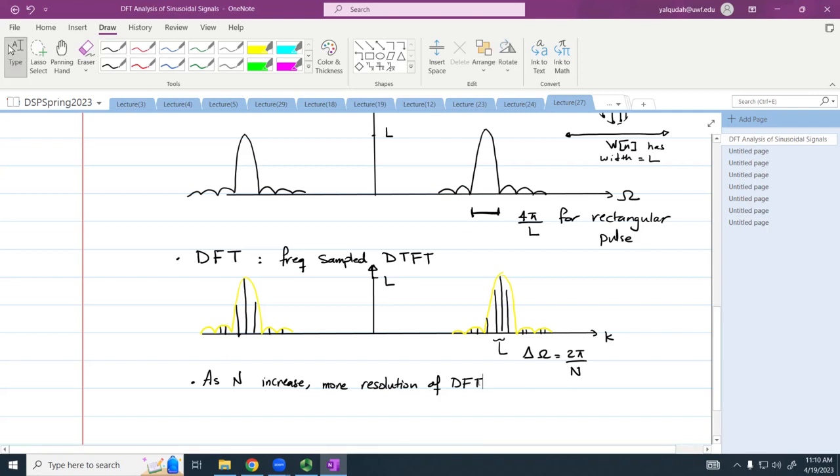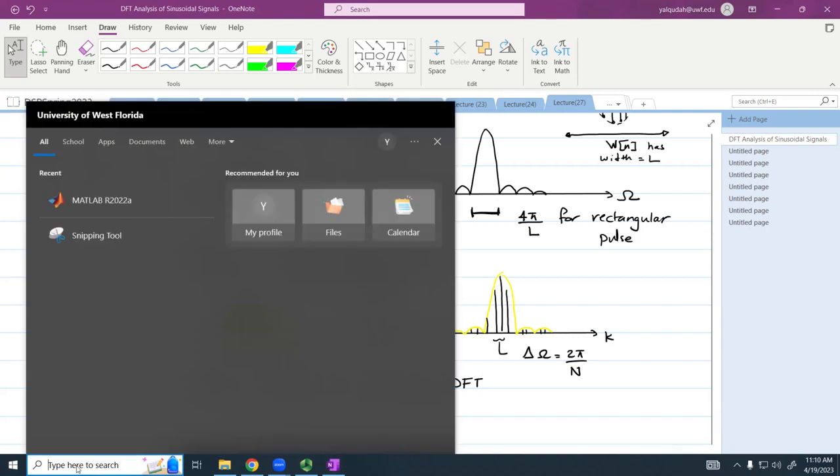Okay. Let me ask you a question. Why is it important to have a higher resolution? What is the impact of the resolution when I'm plotting the spectrum? It makes it more visible. Correct. So what it does, as we're going to see when we run the MATLAB,